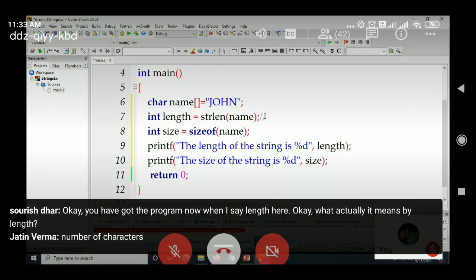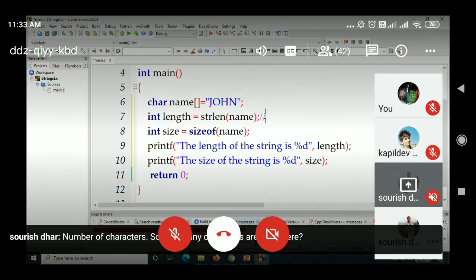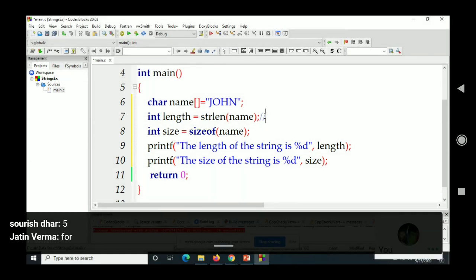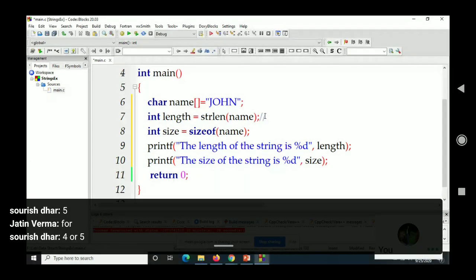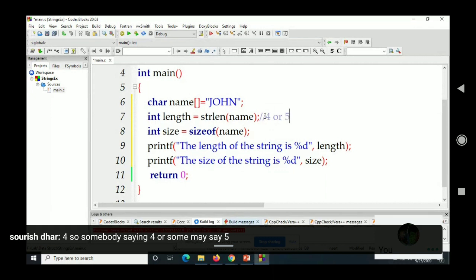Number of characters. So, how many characters are there here? 4 or 5? 4, sir. Somebody is saying 4, or some may say 5. It cannot be more than that, right?